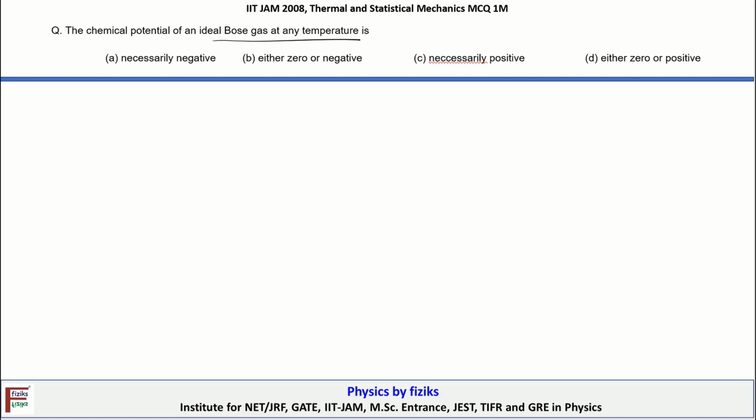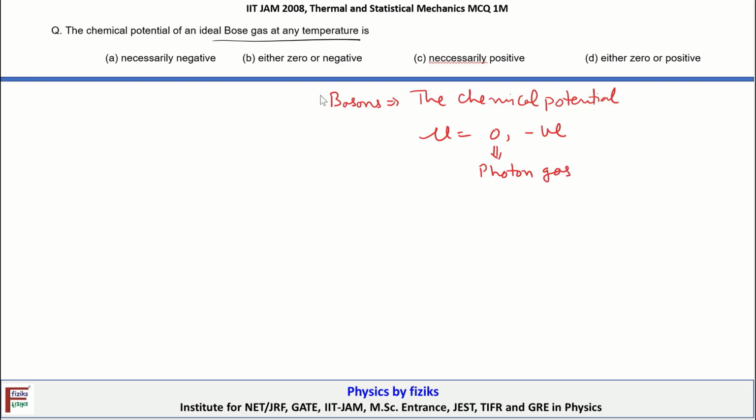conceptual question. So the thing that you need to remember is that for boson, the chemical potential, that is mu, either it could be 0 or negative. Okay, and as a special case it's 0 for the photon gas, please remember it. Okay, for photon gas, whereas for the fermion